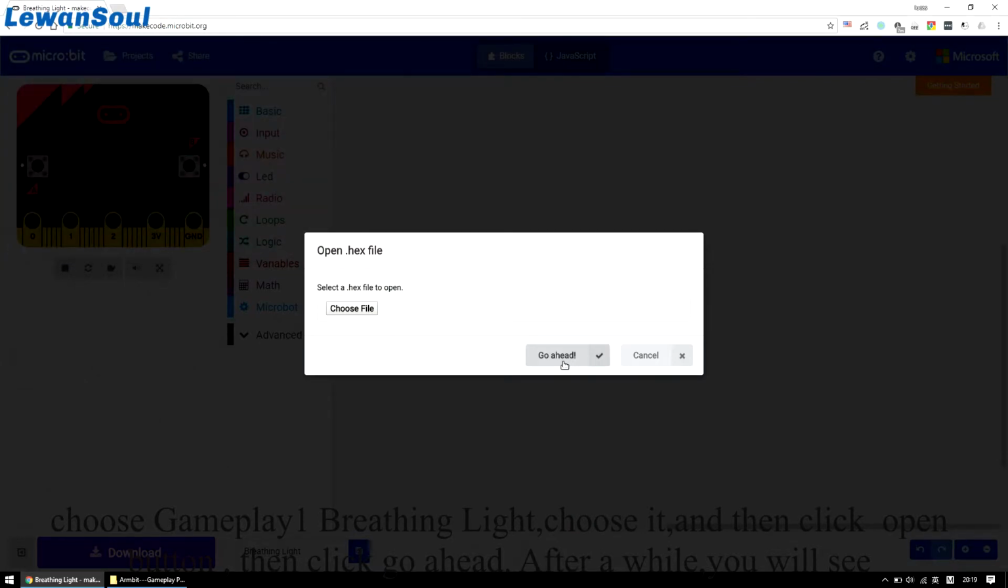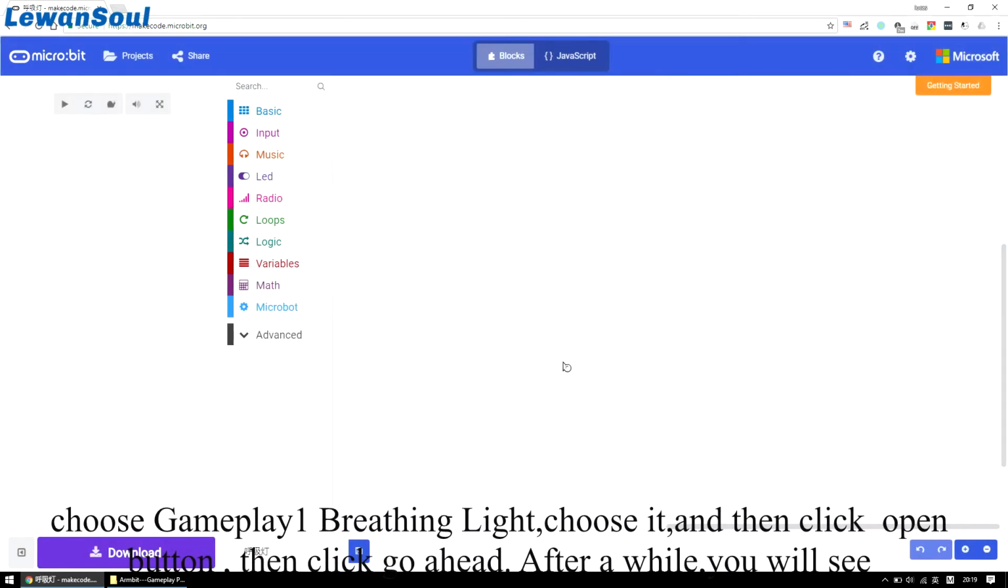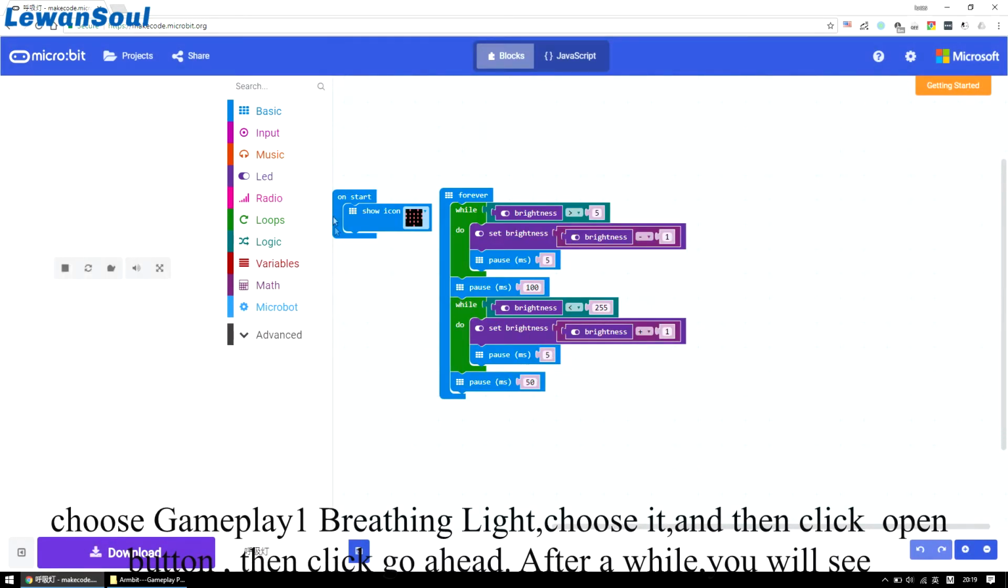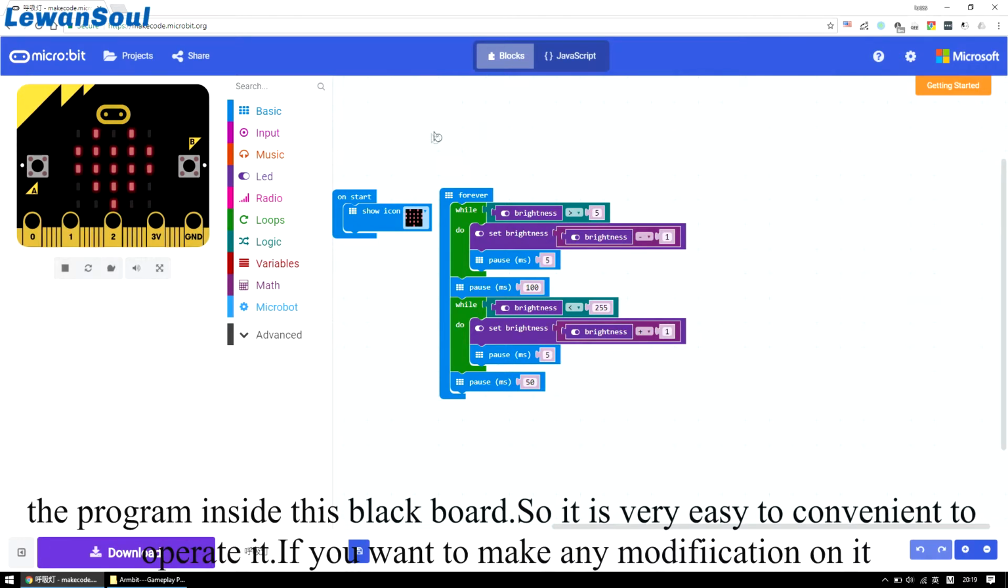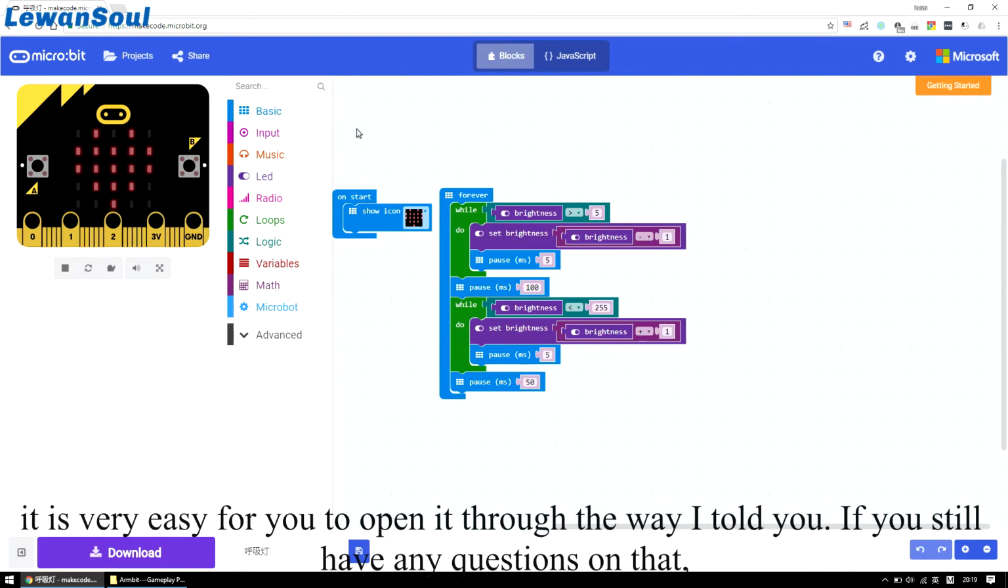So then click go ahead. After a while, you will see the programs inside this black ball. So it's very easy and convenient to operate it. If you want to make any modification on it, it's very easy for you to open it through the way